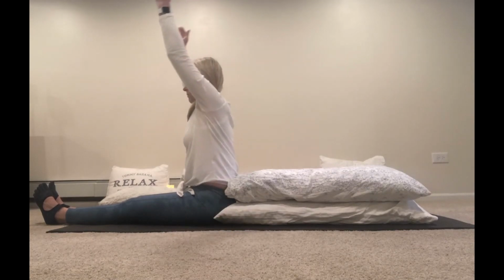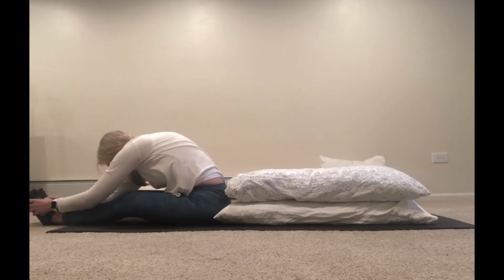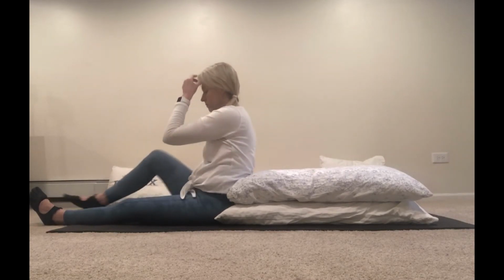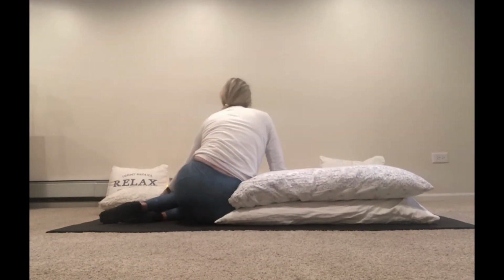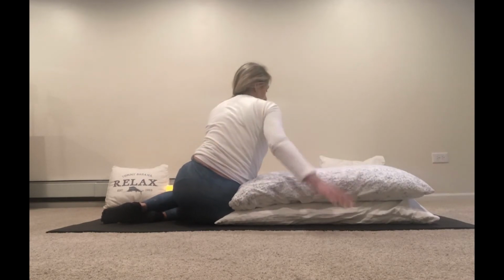We'll find ourselves taking a forward fold, just tucking our chin to our chest, and our spine flows over those hips in the seated forward fold. We'll walk our hands back up. We're going to turn and take that opposite hip up to the sides of our pillows, and we'll find that